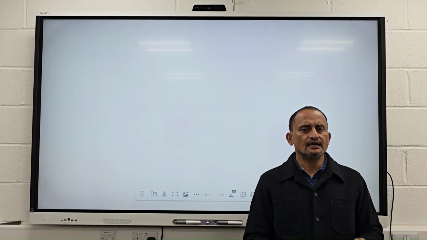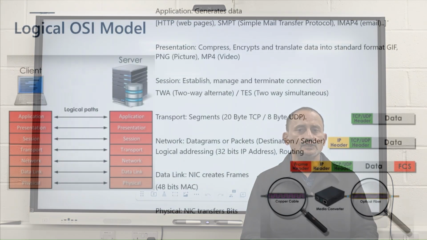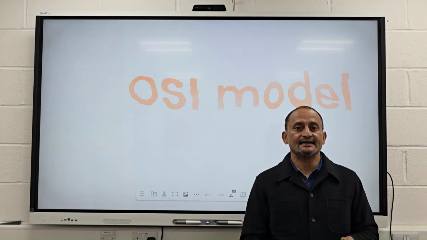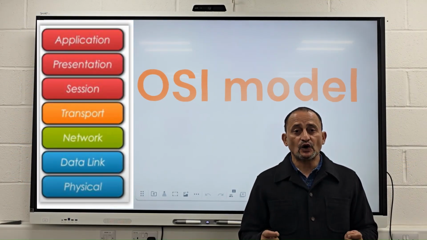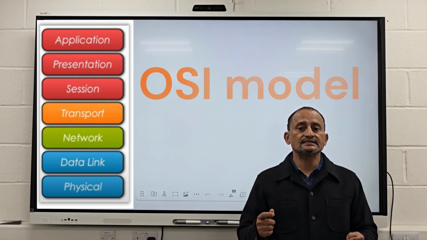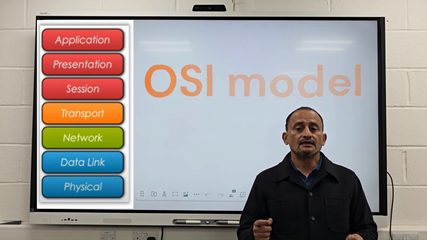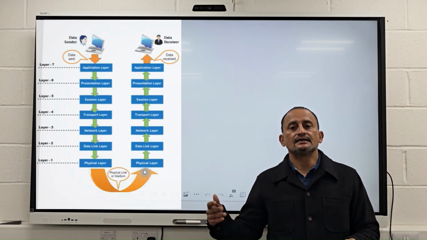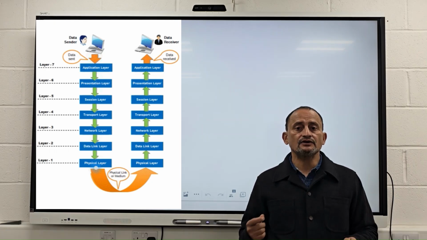These layers include layer 1, the physical layer; layer 2, the data link layer; 3, the network layer; 4, the transport layer; 5, the session layer; 6, the presentation layer; and 7, the application layer. Any data which is created or generated on any application on a computer goes through these 7 steps or 7 layers before getting transmitted out of the computer, and likewise in inverse with the data getting received on a computer